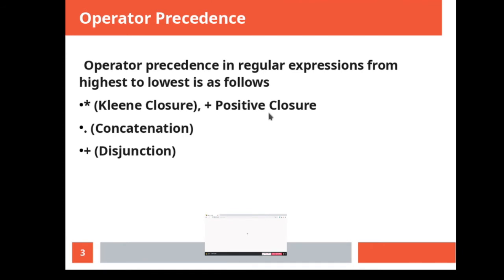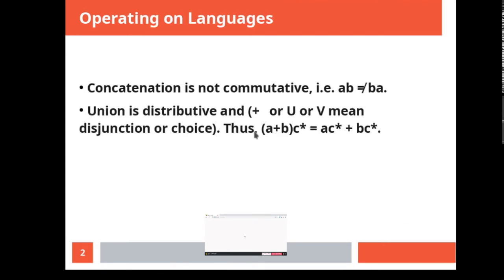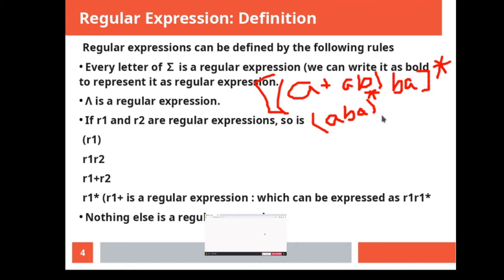Remember from the previous slide we had talked that plus is distributive. So probably the next regular expression that I could form is by choosing AB instead of A. So AB will be a regular expression and it has to be concatenated with BA, and remember that you have to put the bracket over the entire factor because you know that Kleene closure has the highest precedence. So you can form words from these two regular expressions in this language.